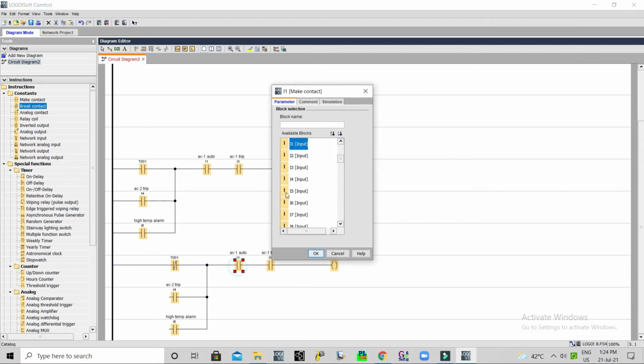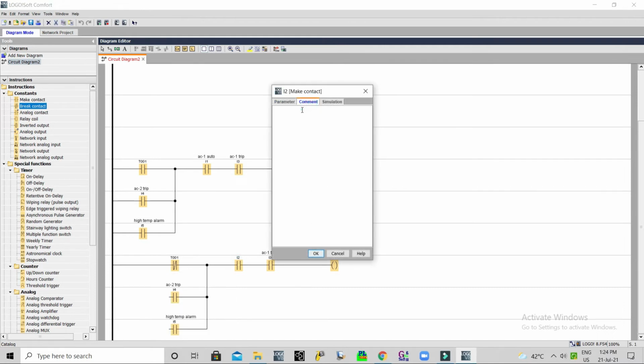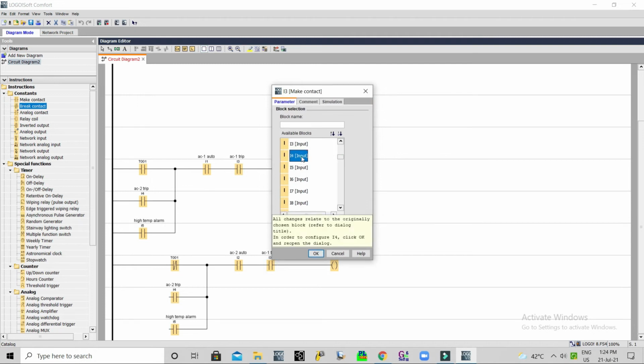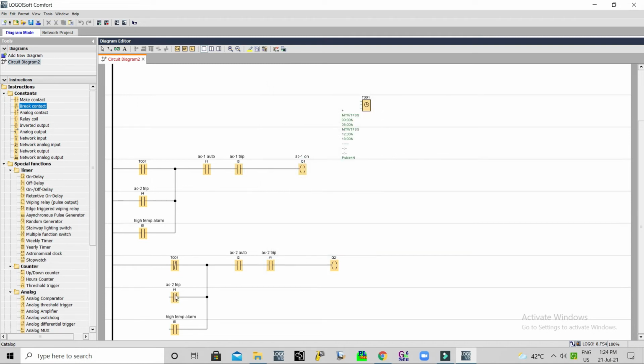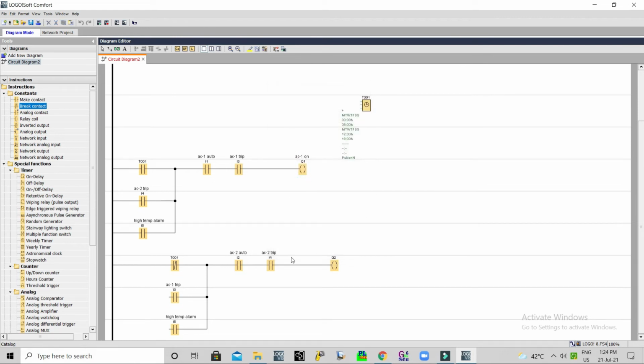AC2 auto, AC2 trip. This is AC1 trip. The same high temperature alarm configuration. Now we will test it.